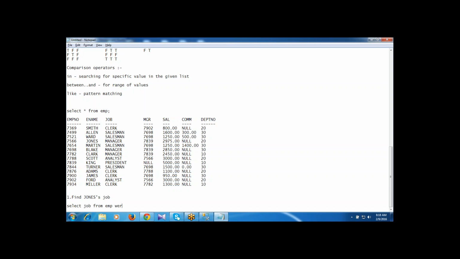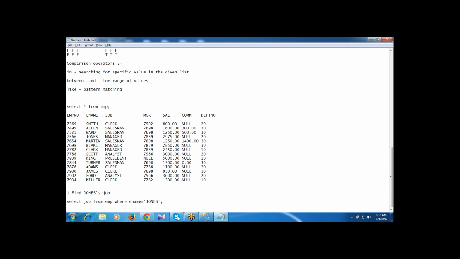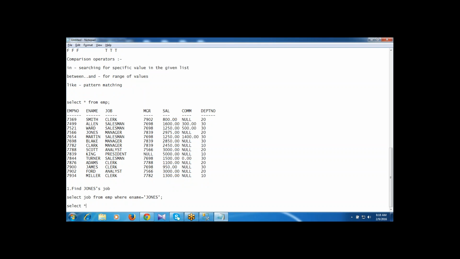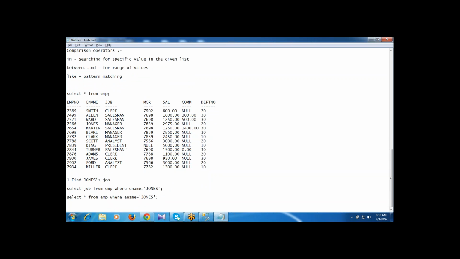So here I'm writing the WHERE clause. When I write SELECT job FROM EMP, the job titles of all the employees will be displayed. But here I want to display only Jones. Then WHERE employee name equal to Jones. Otherwise, you can write the star. The star symbol gives all the column information, all the information of the employee called Jones.